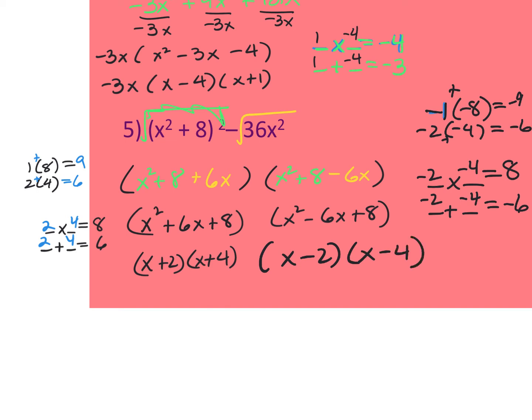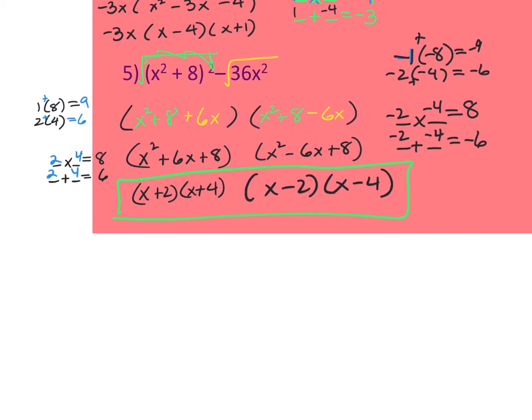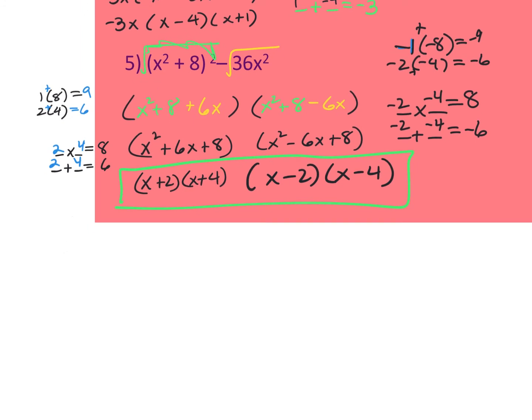My final answer are these 4 binomials. So what we had here from the beginning was the difference of two squares. So let me show you a simpler one. Let's say the original problem was x squared